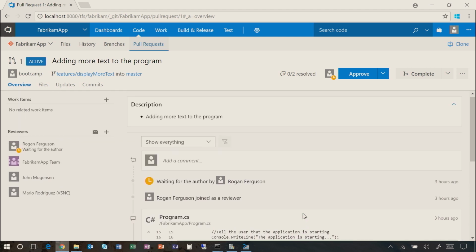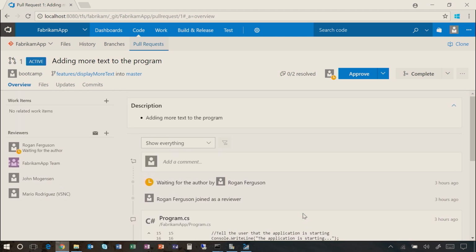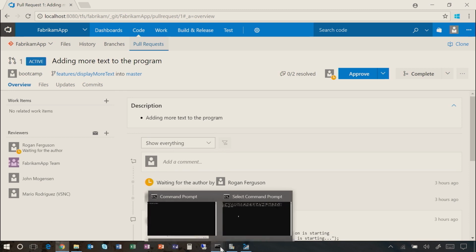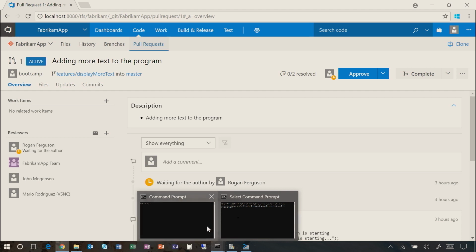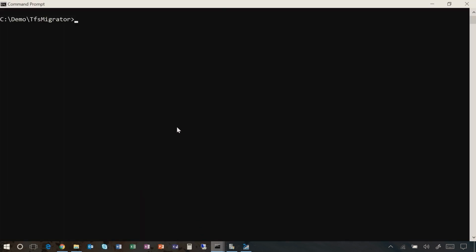All right, so the first step in order to execute an import is to validate that the collection is okay for import. So we're going to use TFS Migrator to do that. I'm going to go ahead, open up the command prompt, and issue a command. Every command in TFS Migrator follows a similar pattern. TFS Migrator invoking the command itself, typing in the type of command I want to run, which in this case is a validate,